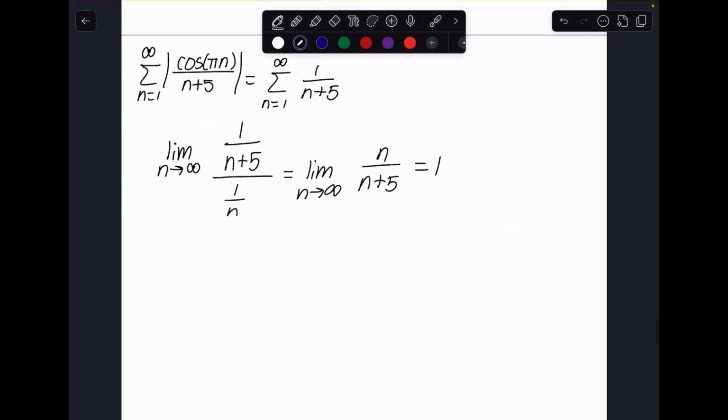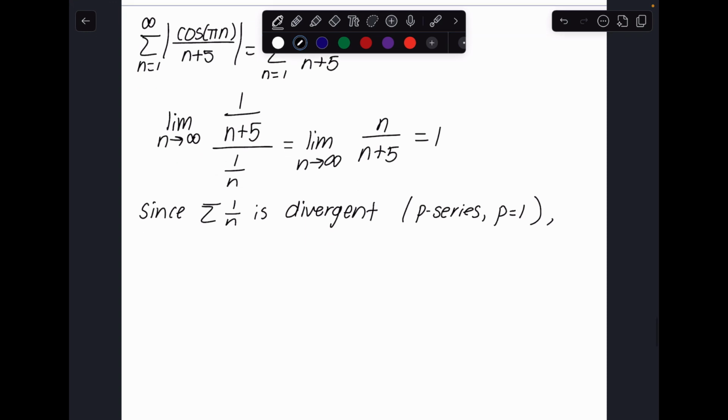So we can say, since series 1 over n is divergent, it's a p-series, p equals 1, by limit comparison test, the series for 1 over n plus 5 must also be